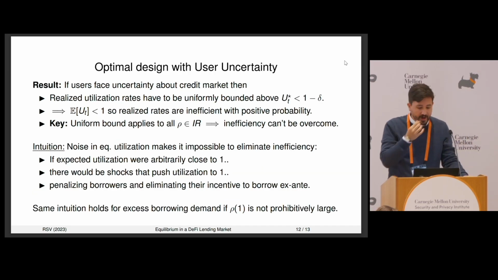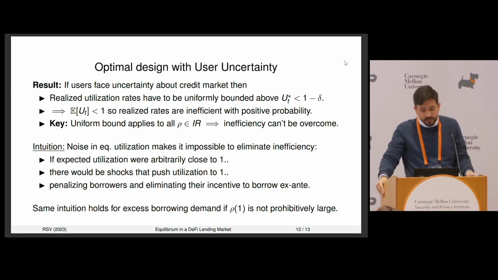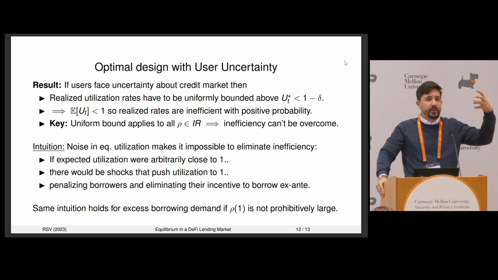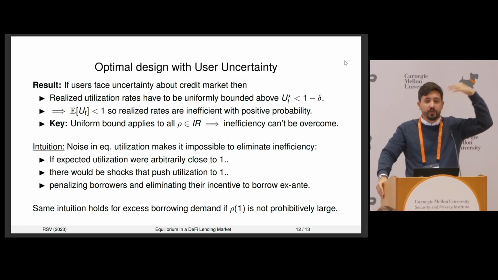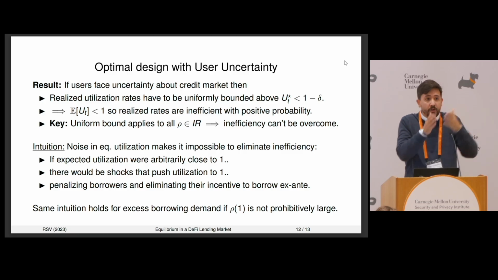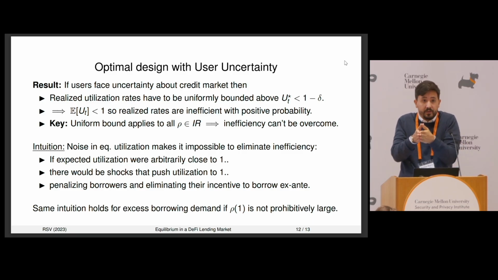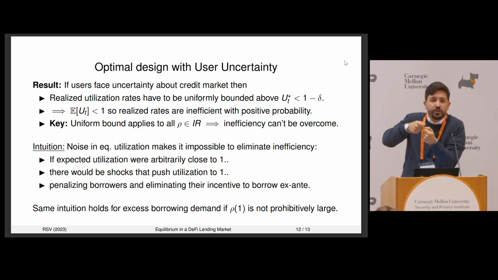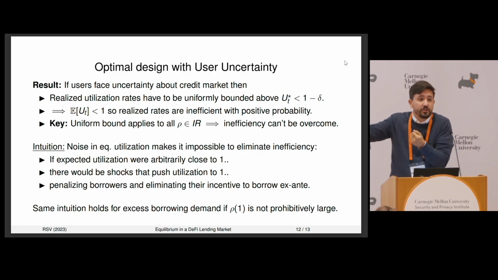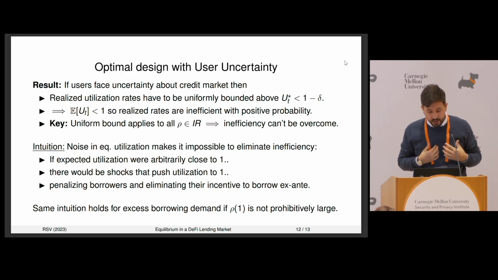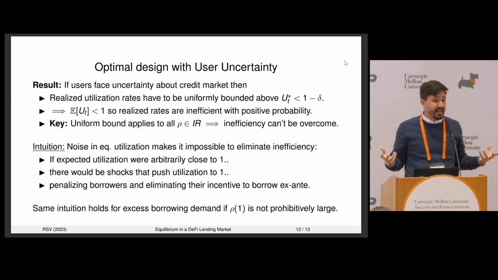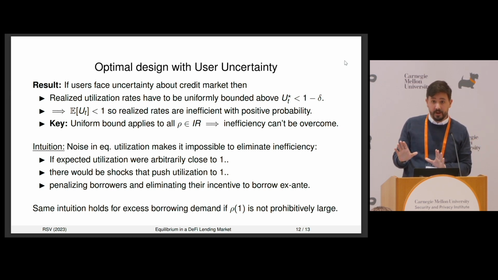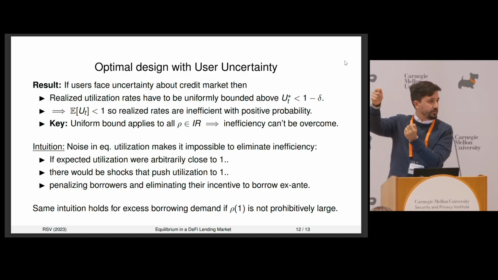Okay, now what happens when the users have uncertainty? Well, now the problem is that my utilization rate when I'm making my borrowing and lending decision is going to be a random variable. And so I have to understand that some realizations of that variable are going to lead to different interest rates. So if I try to use the previous design and target utilization very close to 100%, well, there's always going to be some realization of the shock to the credit market that would push utilization to 100%, and that would basically penalize me for borrowing. And as a borrower, I'm going to internalize this ex ante when I make my borrowing decision. And I'm going to say, I simply am not going to borrow from this platform because there's a risk that the realized utilization is too high.